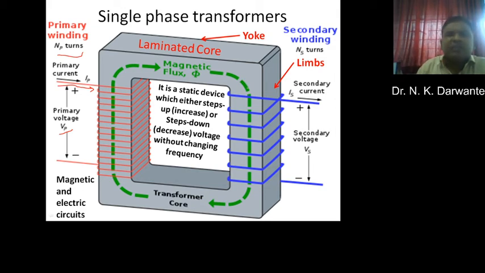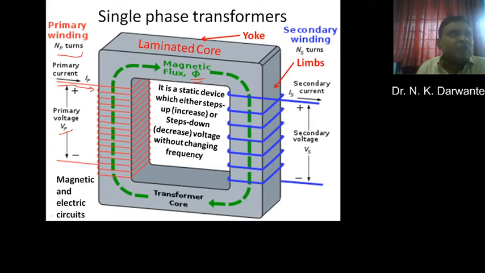When the current is circulating through the primary, a magnetic flux is generated, that is known as phi. This magnetic flux circulates through the core, and it is responsible for developing the voltages across the secondary. There is no direct contact between the primary winding and the secondary winding. They are isolated from each other, but because of the induced voltages. Now the question arises, why are the voltages induced in the secondary?